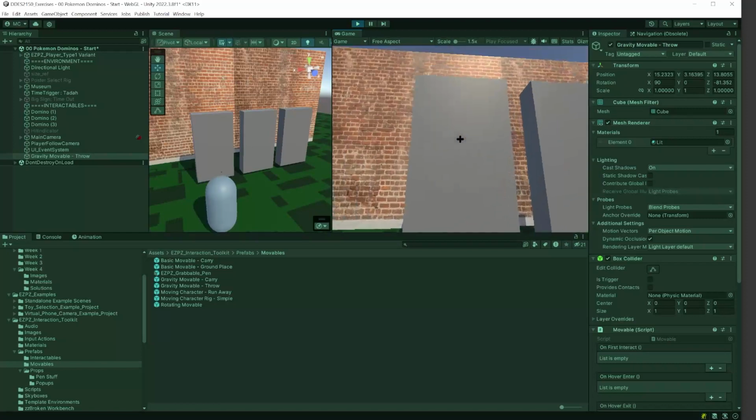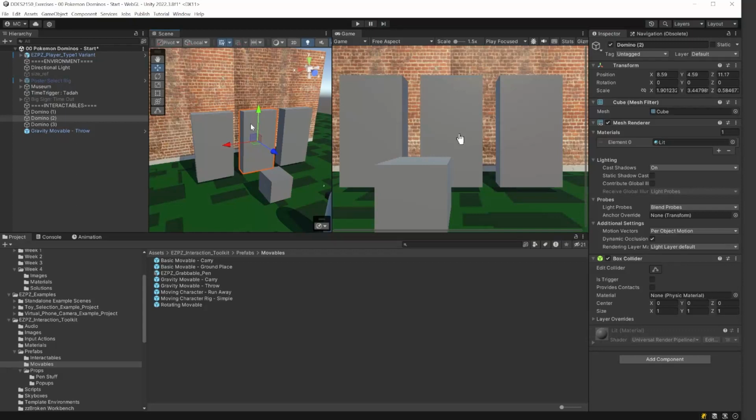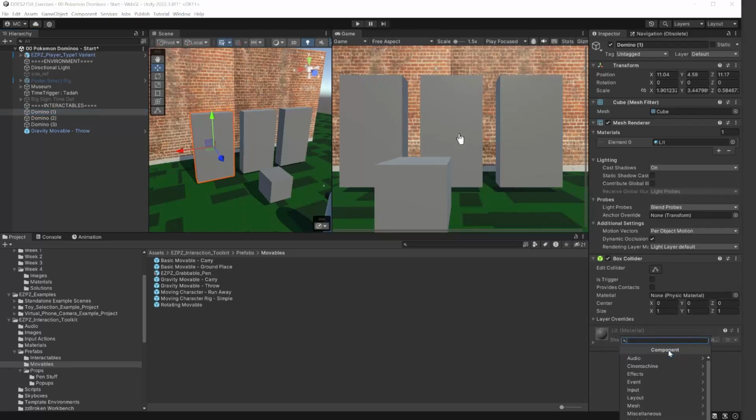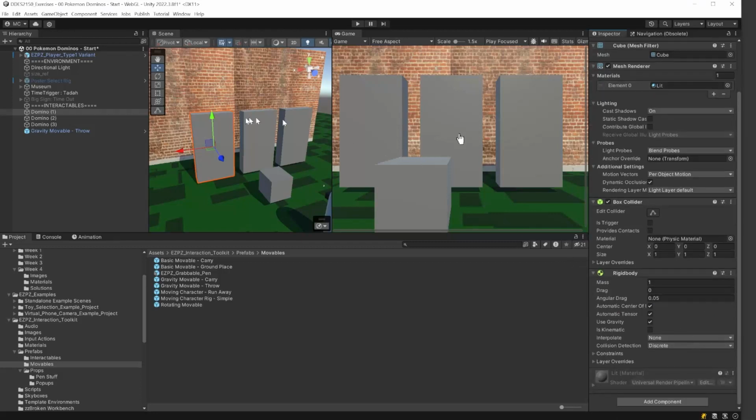It's like solid. If we wanted to change that, we can add a rigid body component to these objects. So basically in Unity, we can add rigid body components to them to make them be simulated in physics. And the way we do that is we select the object that we want, say add component, and then search for rigid body. Let me just go ahead and add it like that, and now this object will be simulated in physics,